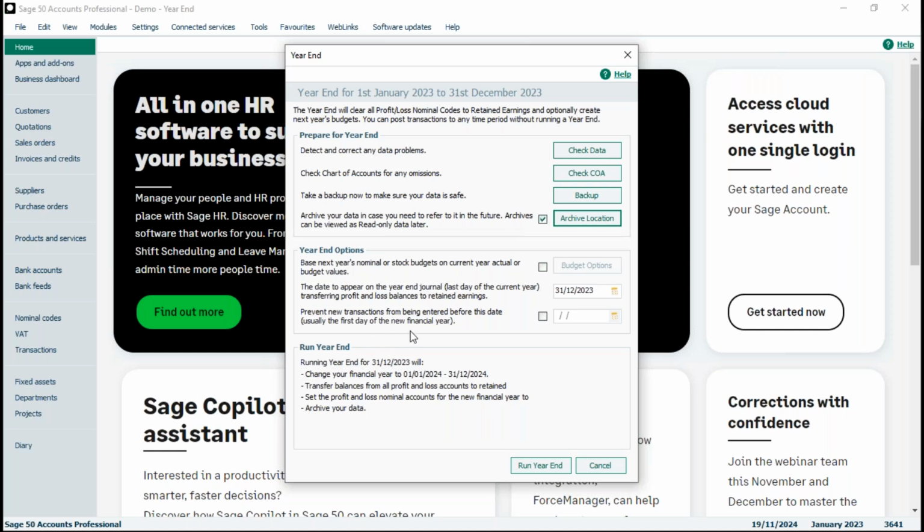Then we've got these options, these year-end options. Now there are three options in this section. There's the first option. It relates to budgets. Now, if you don't use budgets and you've got no intention of using budgets at all, then you don't need to do anything with that. If you do use the budget options, then